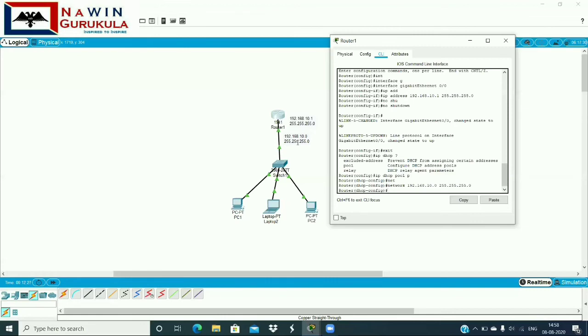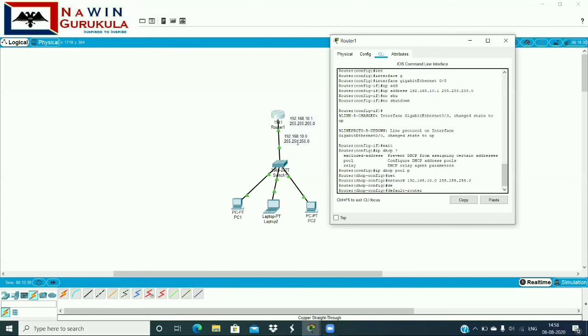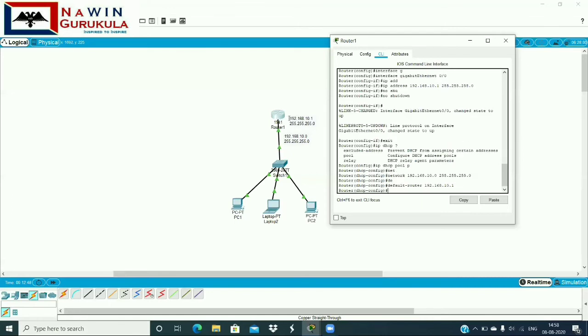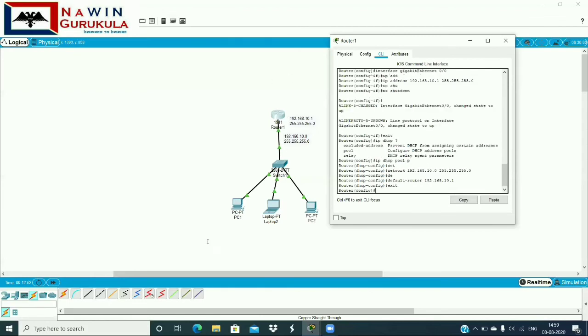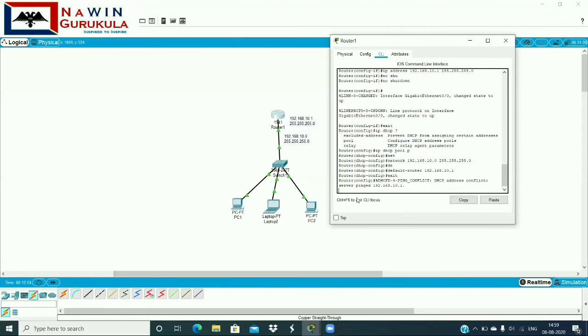So here we are giving the default router address, that is the interface address of the router from where it's going to communicate with the external LAN. Here it is 192.168.10.1, and here you don't give the subnet mask, so it's finished. Let us exit.